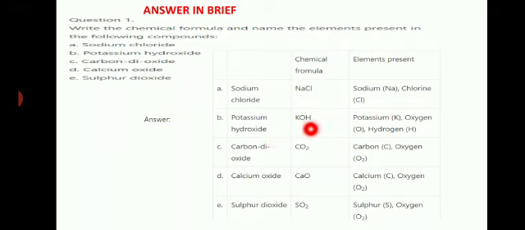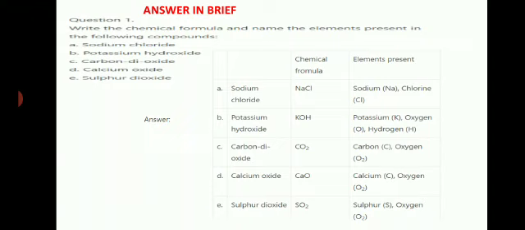KOH. The Latin word is from kalium. The potassium name is from the Latin word what, students? Kalium. Already we have learnt the symbols. I explained all the symbols already. If you have any doubt, you see those videos. Okay, kalium, so we should write K. OH means hydroxide. What are the elements present in the molecule? You see the potassium K, oxygen O, hydrogen H.